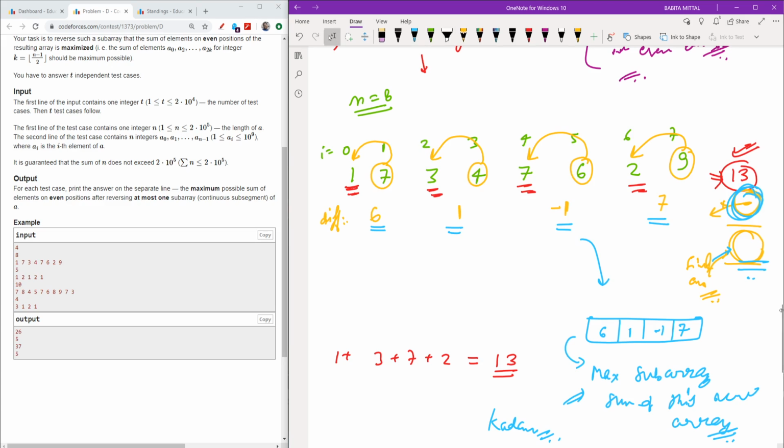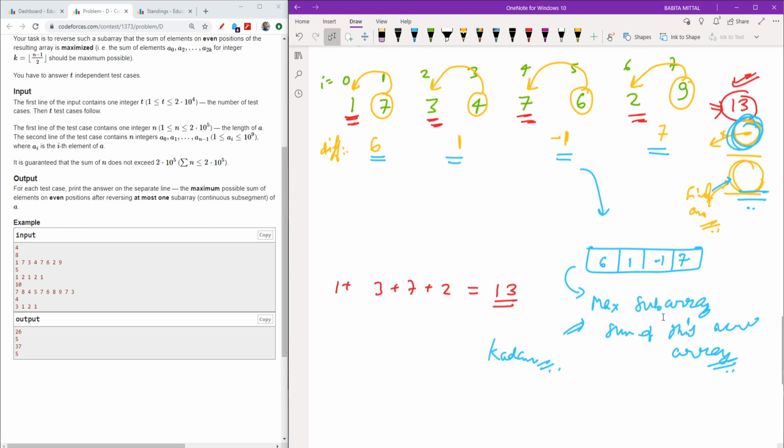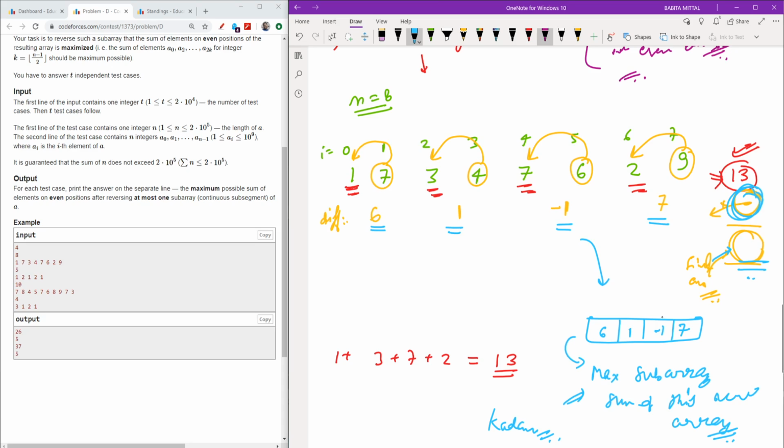So I hope that you get a slight bit of intuition, but to make it more clear, let's do it further. When you find its prefix sum, which means the subarray sum, what we actually do is we take 6, and then the next element, as the number is not becoming negative, I will just add it. So I will do 7. Then as the number is not becoming negative, I will just add it. So it will become 6.